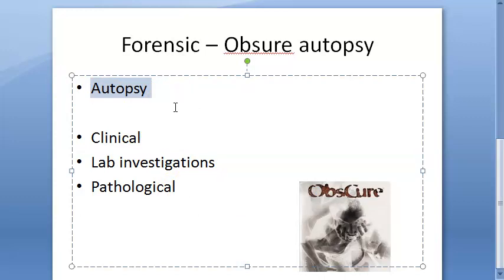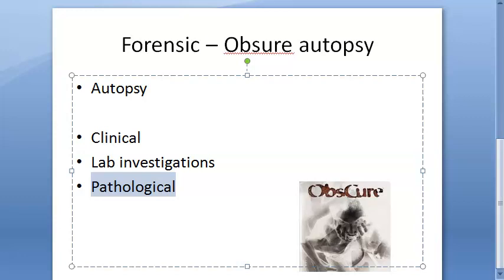So basically here, what will you do in lab investigations? You would have taken the blood, urine samples, the stomach content and all that, right? So you can find out. Pathologically, you can do some dissection: the coronary system, the arteries, the pulmonary arteries, the brain, carotid arteries. These specimens are taken for histopathology, especially the heart. And you can also use some special stains like phosphotungstic acid hematoxylin, dehydrogenase enzyme histochemistry, etc. Acridine orange, fluorescent stains can be used. So basically, you can try to find the cause of death.